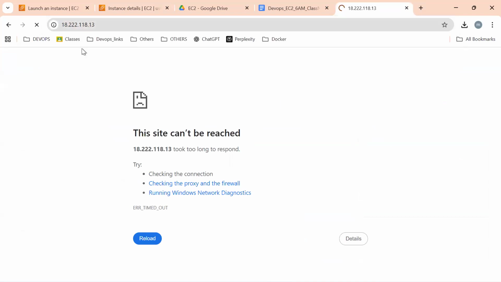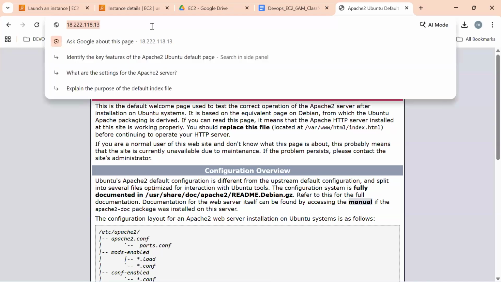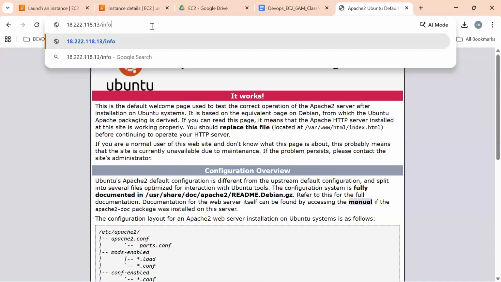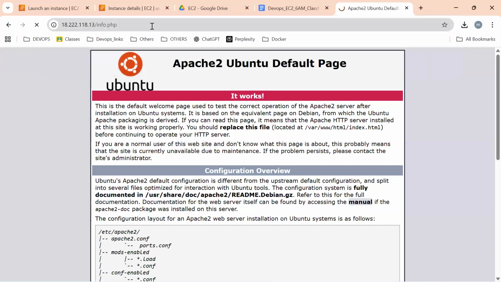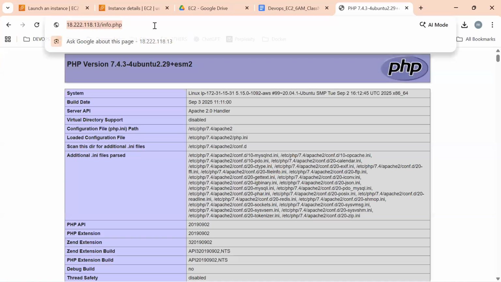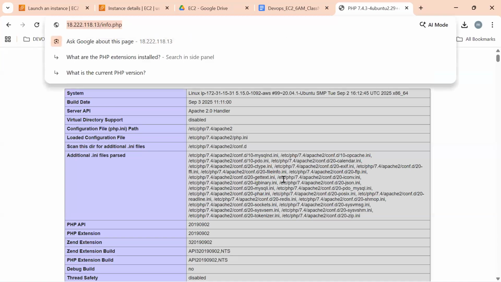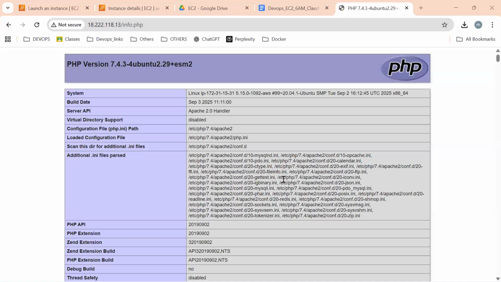Then check whether you are accessing the web server, and forward slash info.php page. Whether you are accessing this page from your laptop, please try to verify.